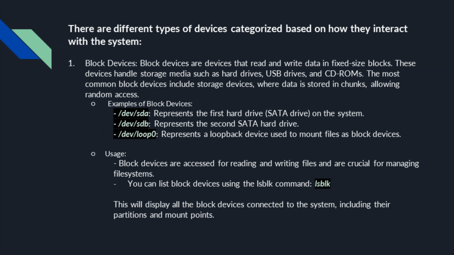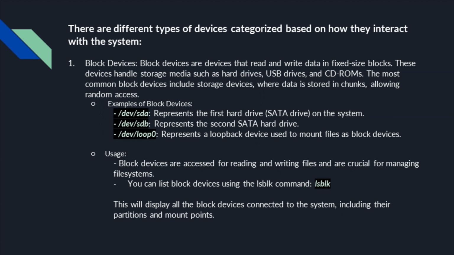Block devices. Block devices are devices that read and write data in fixed-size blocks. These devices handle storage media such as hard drives, USB drives, and CD-ROMs. The most common block devices include storage devices, where data is stored in chunks, allowing random access. Examples of block devices: